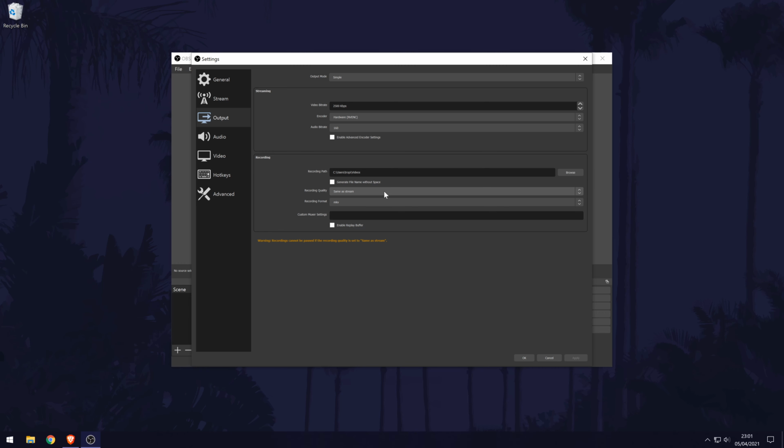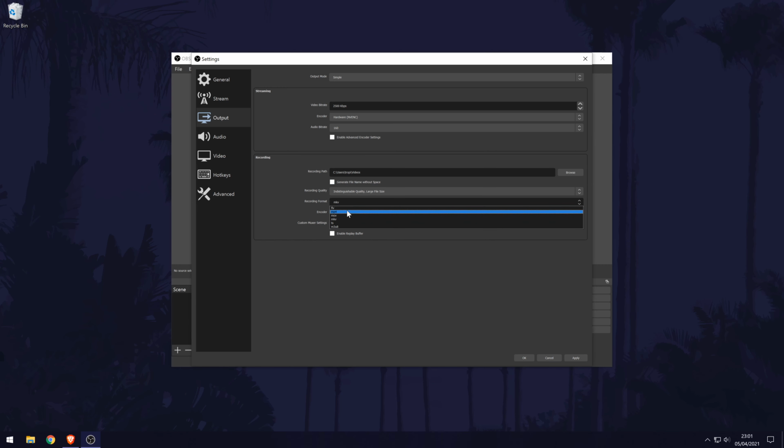The first option is the location that the recorded files will save to. This is important and you will want to make a note of this location or customize it so that you can easily access your files once you have finished recording. You can also change some of the quality settings of the recorded files in here too, as well as the file type. These are up to you, and if you're unsure about what all of the options mean, then I would recommend having a look at the advantages and disadvantages of each file type. It's worth checking on your editing software what file types you can use and what are best to help make this decision also. Some editing software might not allow certain video file types.